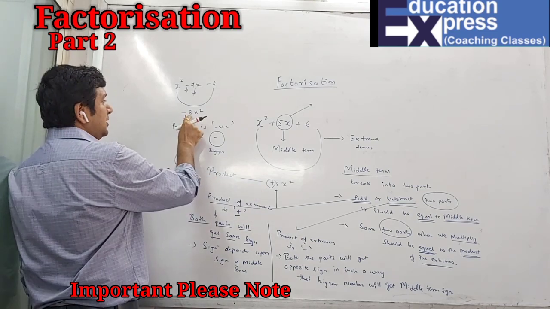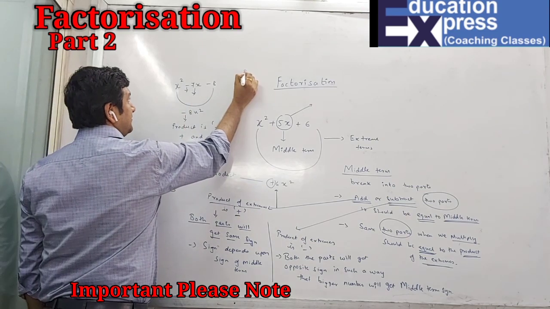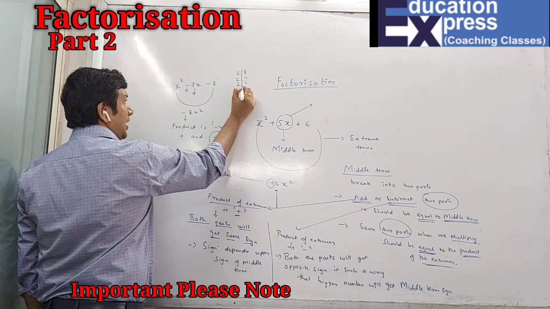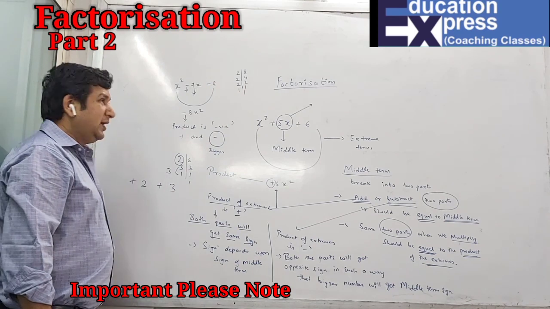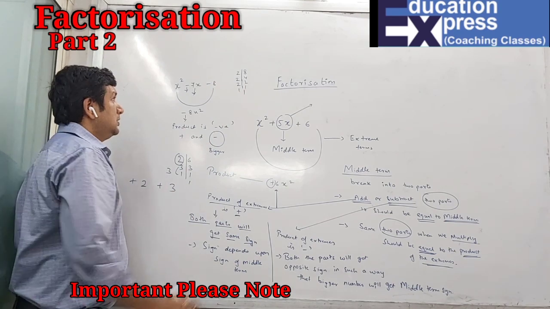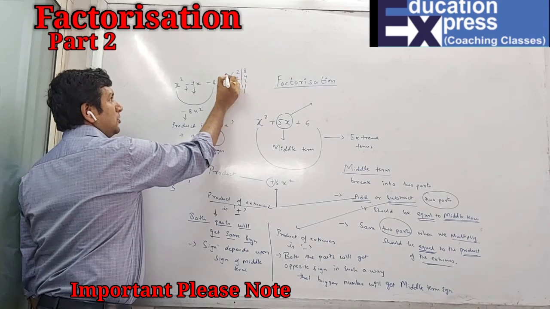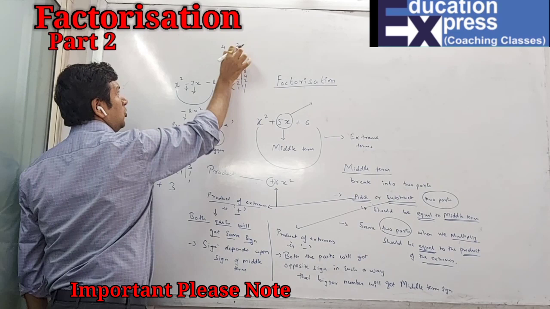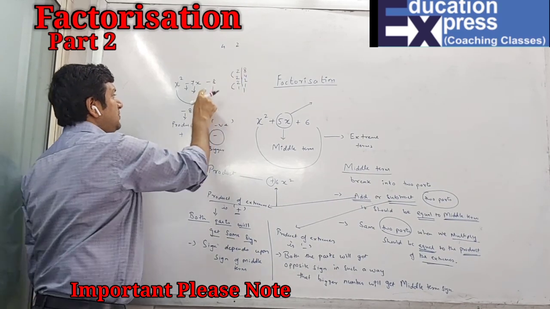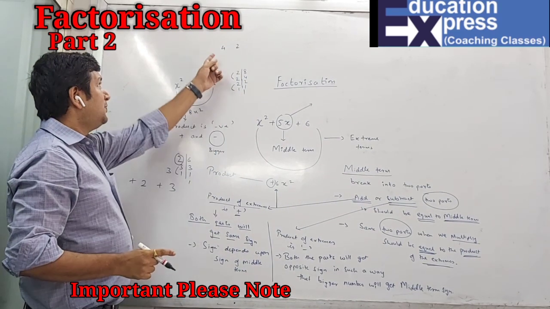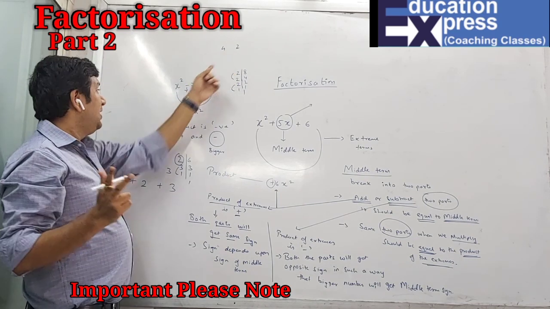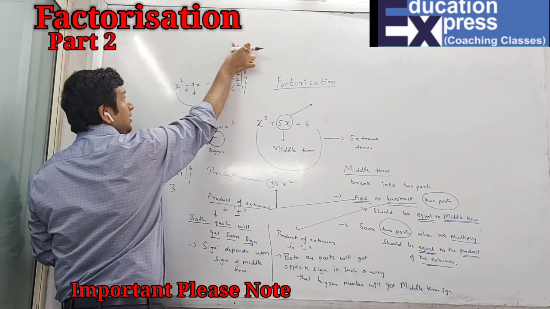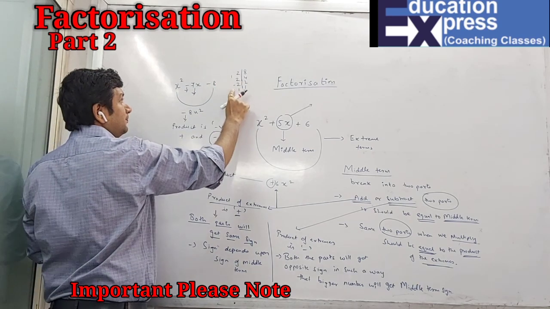Similarly for here, what is my product of the extremes? 8, that is 2, 2, 2 and 1. So you can see now, if I group the numbers, let us say I take 2 2s are 4 and 2 1s are 2, and as I have told you that here the product of the extremes is negative, I have to subtract. So on subtracting 4 and 2, what do I get? 2. Will I get the middle term? No. That means this grouping is definitely the wrong grouping. So I'll go for the other grouping.